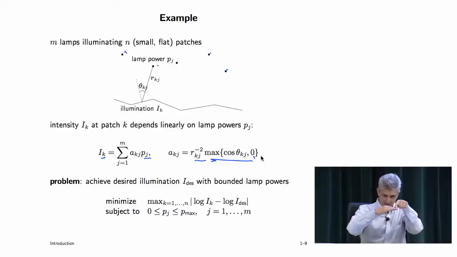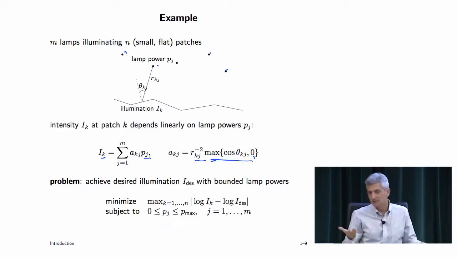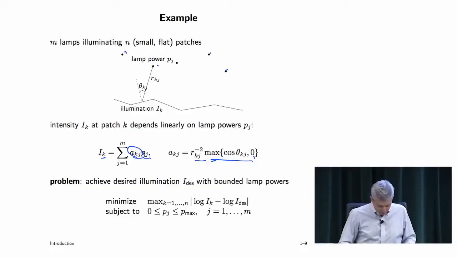And the 0 says that if the surface is like this, this is the surface you're illuminating, and the source is there, you get 0 because it's under it, right? So, okay. And you can make much more sophisticated models that would look the same. For example, you could add mirrors and weird other objects and stuff like that, and it would still be linear, but it'd be a super pain to figure out what these coefficients are.